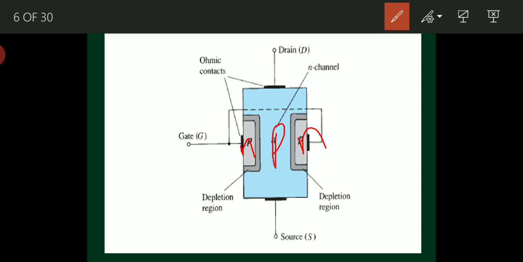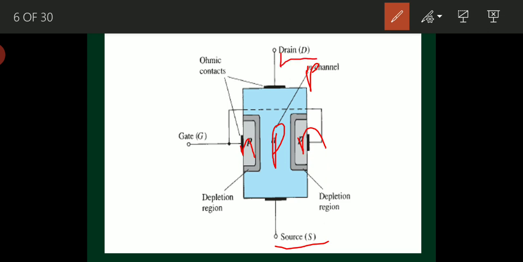Here I'm taking three ohmic contacts. The ohmic contact on the downside of this p-type semiconductor substrate is the source terminal. The ohmic contact on the top, attached to the p-type semiconductor substrate, is the drain.